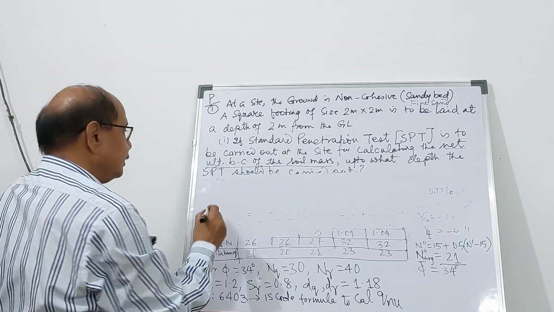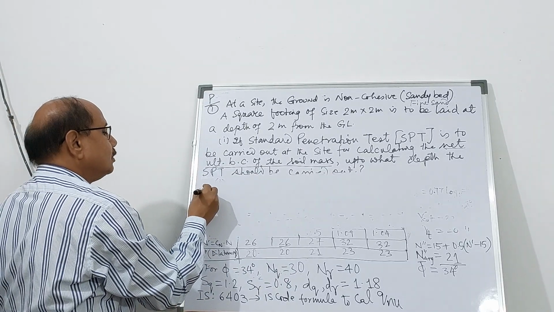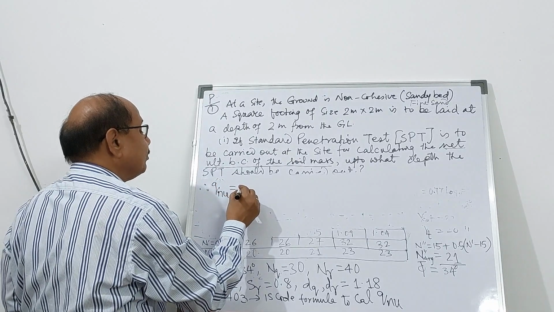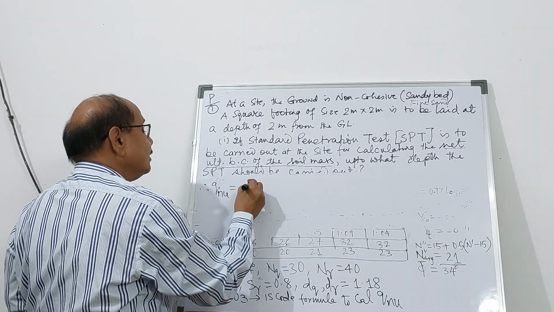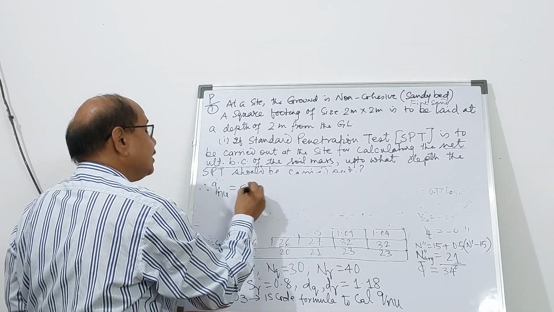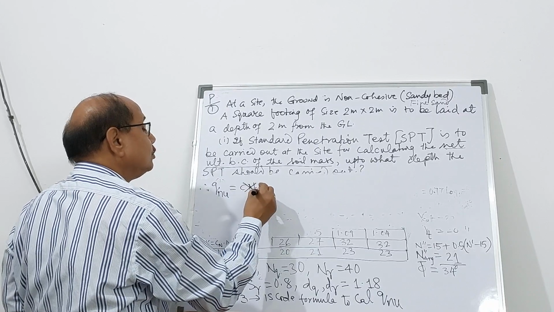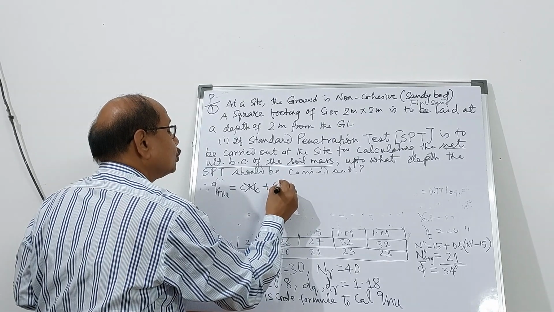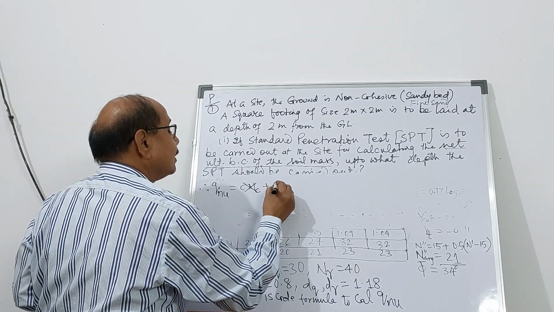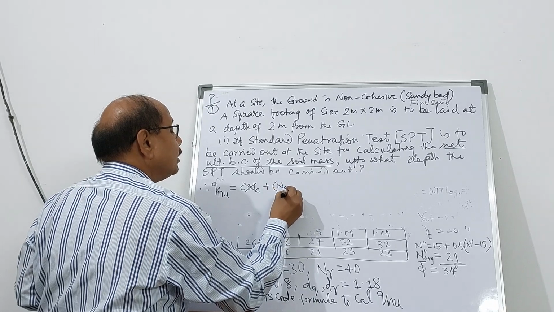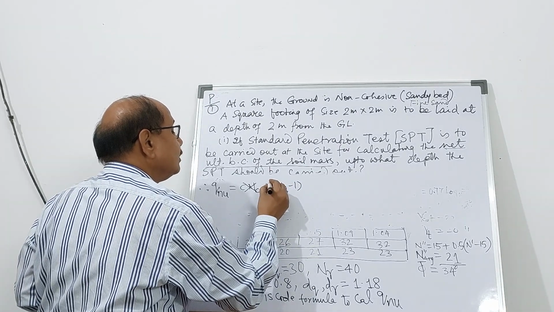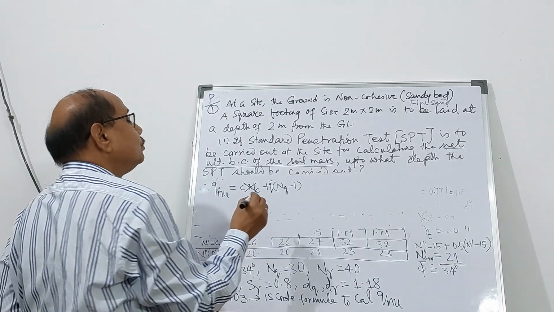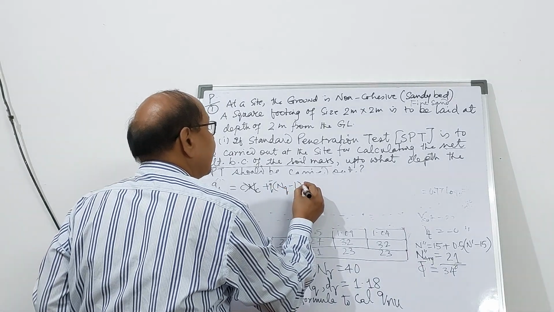Therefore, the net ultimate bearing capacity qnu of this square footing is given by c Nc, because c is 0, the first term will be 0 and need not be considered, plus q bar into (Nq minus 1), where q bar is the effective surcharge,